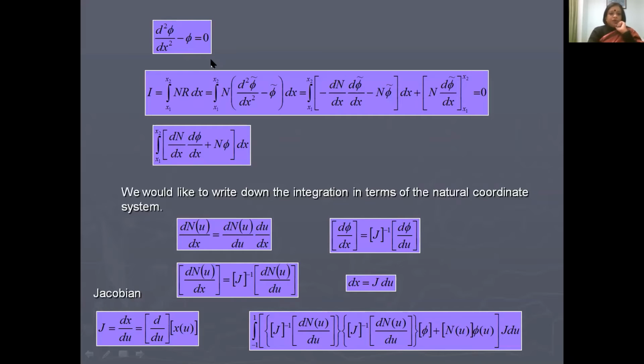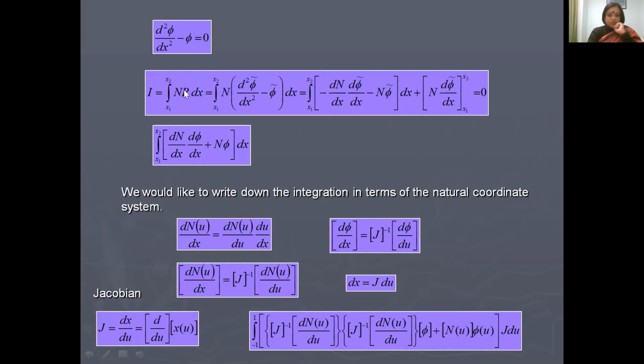Now, what do I need to do? I'm using this equation. I'm going to apply the method of weighted residual to this equation, d2 phi dx square minus phi equal to 0. So first I need to multiply by the residual, obtain the residual. The residual is d2 phi tilde dx square minus phi tilde. This is to be integrated in the x domain between x1 and x2,